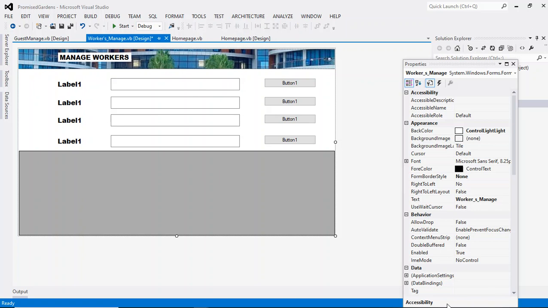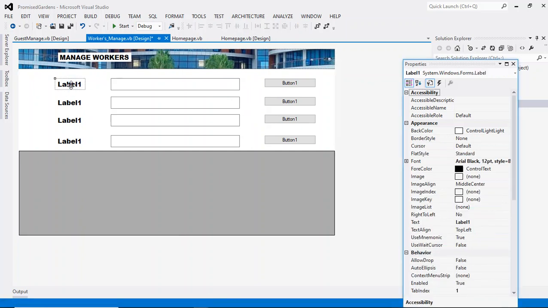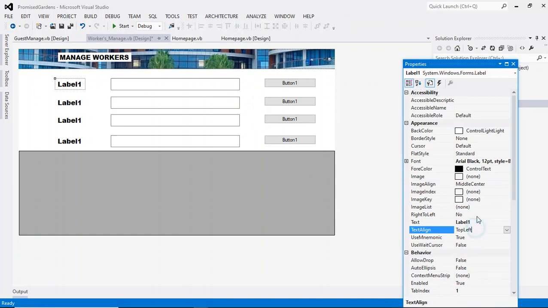Now what we have to do here is we have to change these by their text. Here we need the worker's name, address. We will need their phone number, like that,